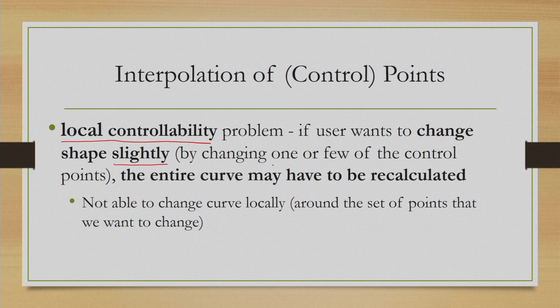Then ideally what should I do? I change one or few of the control points to denote the small change. But if we go for polynomial interpolation, then to get the new curve, we may have to recalculate the entire thing again. So, entire curve may have to be recalculated,